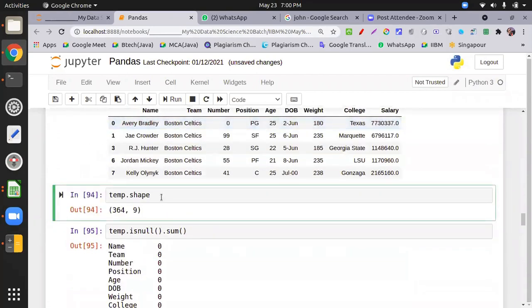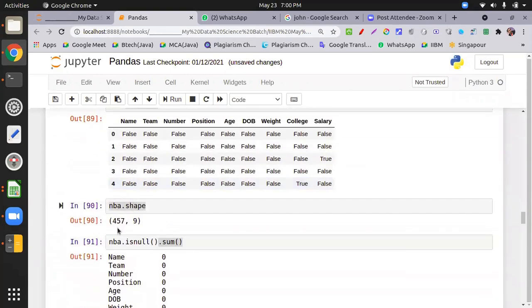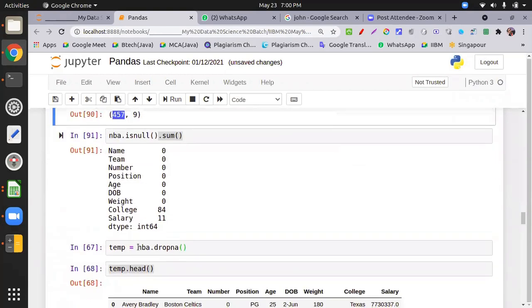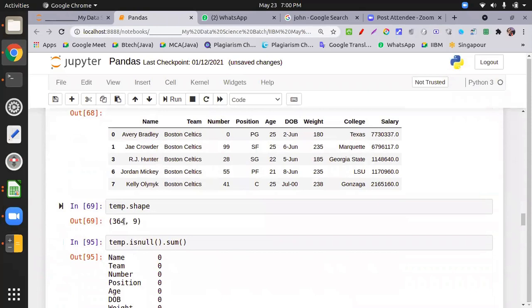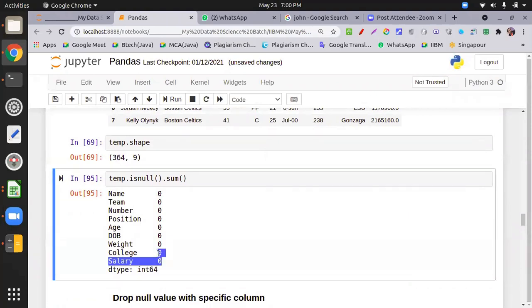Now I check the shape: 364. Initially NBA has 457. Now we have 364. Now you check the NBA, all are 0, because from this copy the null values have been removed and we stored that over here.